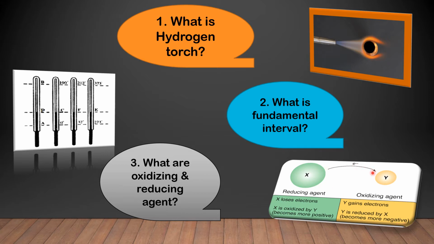See, this is electron transfer. This is electron, e minus. Now you can say that as an oxidizing and reducing agent. Definition: in a redox reaction, a substance which oxidizes other and is reduced on its side is called an oxidizing agent or oxidant, and the substance which reduces other and is oxidized on its side is called a reducing agent or reductant.